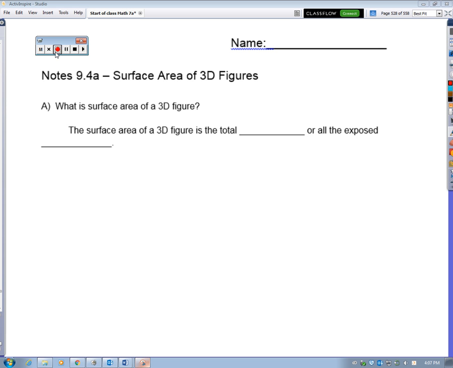Alright, my little math friends, here we are moving further into Chapter 9, part of our geometry unit that we're doing this year. We're going to take a look at the surface area of 3D shapes. What is the surface area of a 3D shape? The surface area of a 3D shape is the total area of all the exposed surfaces. What we're looking for is the area of the outside of the entire 3D shape, all the surfaces of the 3D shape. So if we look at our first example,